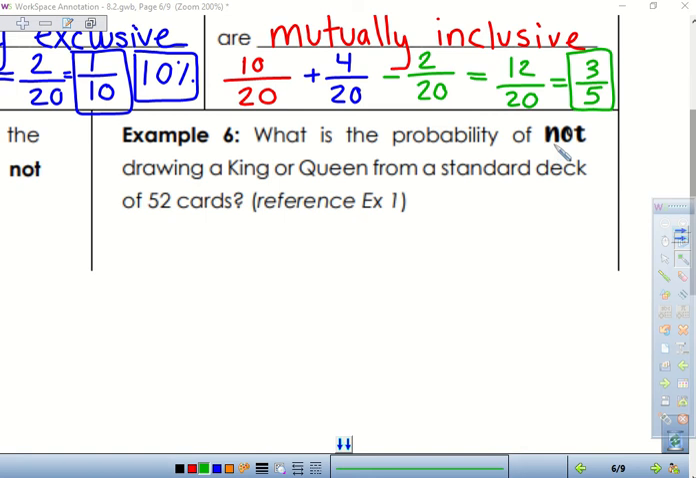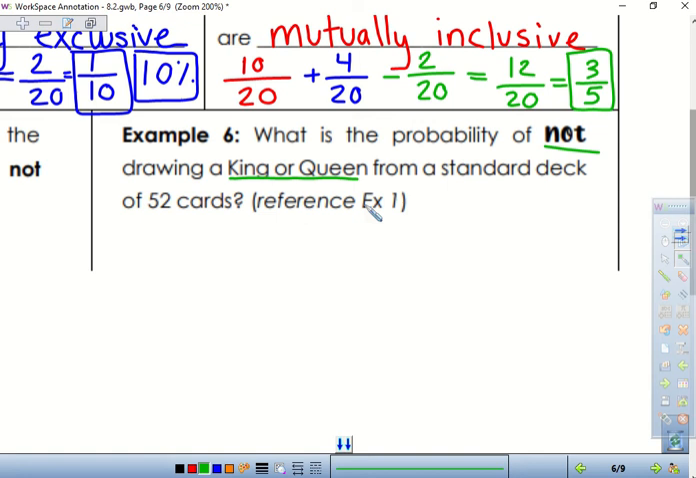So this says, what is the probability of not drawing a king or queen from a standard deck? There's two ways to do this. I want you to look at example 1. What did we calculate in example 1? Yeah, we found the probability of getting a king or queen, right? So now we want to find the probability of that not happening, which is the